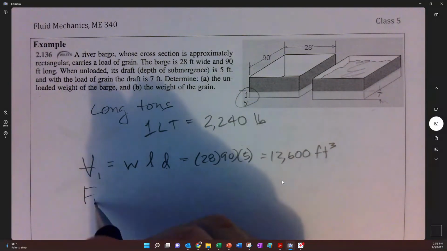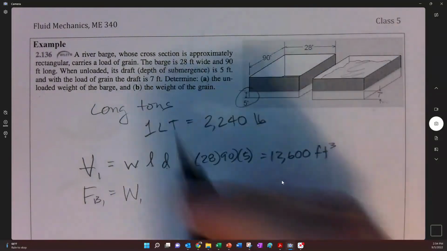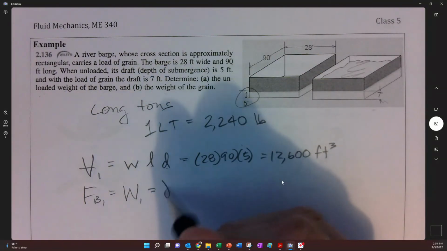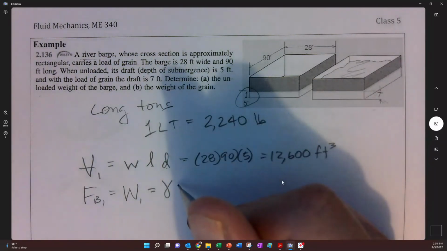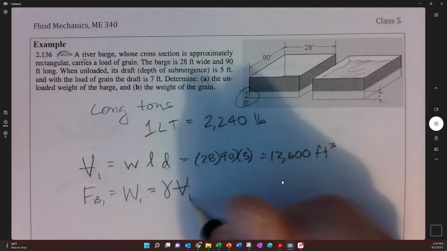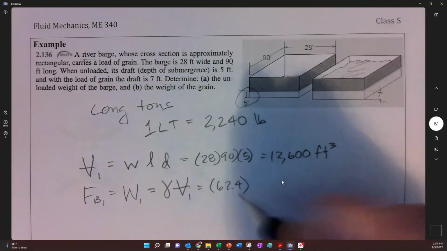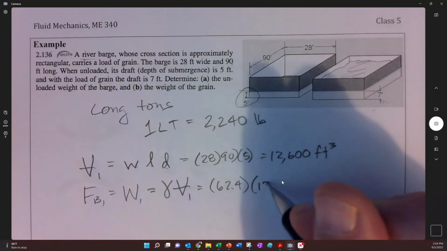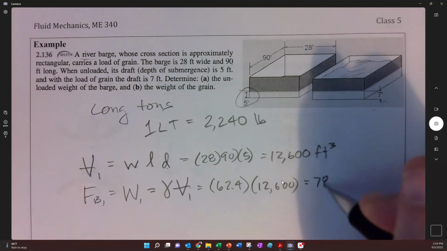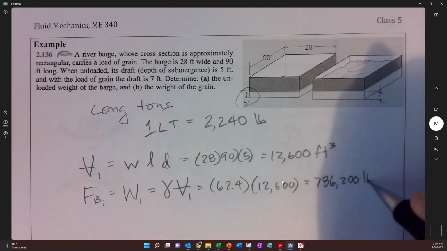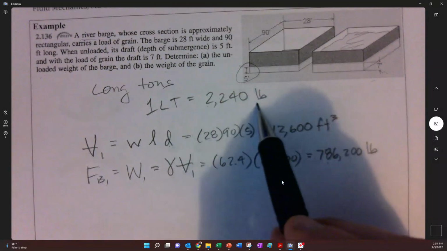So the buoyancy force at that first state is going to be equal to the weight, which is going to be equal to the density of the water. And they say there's a river barge, so it's fresh water. That's a little key thing. So we'll just say that it's going to be 62.4 times 12,600 cubic feet. And so that comes out to 786,200 pounds. So it makes sense that we're going to want to divide that by our 2,240 pounds to get